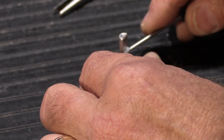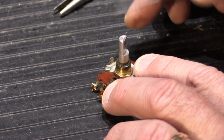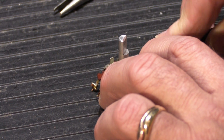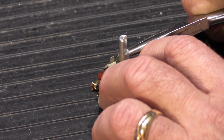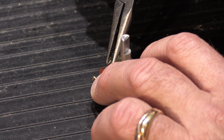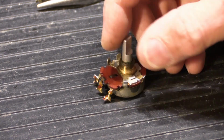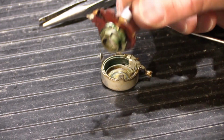And if you unbend them like I'm doing now, see if you can see that, you might get them unbent, and you have to use something like small needle-nose pliers to straighten them out, otherwise you'll never get the thing apart. And you might feel lucky if you get them all unbent, and then you take it apart, and there's the inner part,